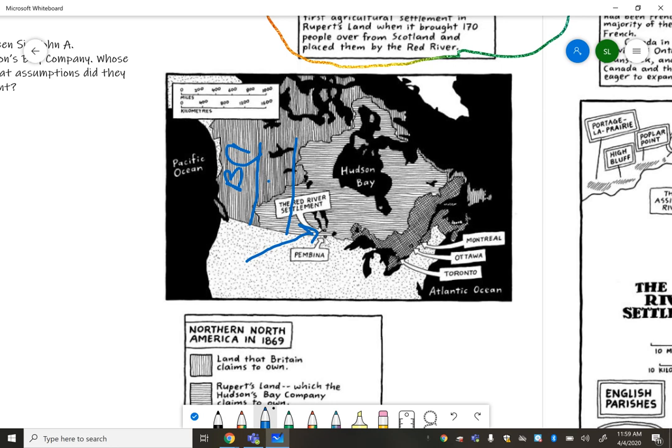So we've got Red River settlement in modern day Manitoba. Pembina is an important thing for you to notice throughout the novel because it's a town on the American side of the border. Now let's take another look at this novel and what it shows to us,